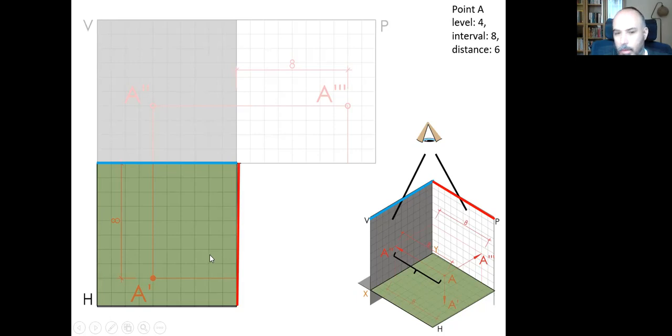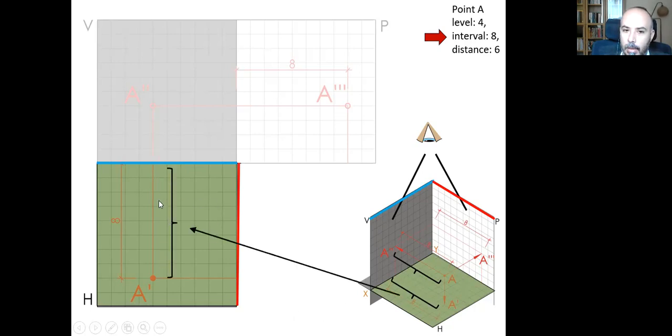And you know that your point A is positioned here, and in order to draw it on the pair of Monge, you need this length here, and we know that it is interval, right? It is interval and it is 8 squares. And as we talked earlier, it is equal. The actual length between point A and the vertical projection plane, which we see as a line, is equal to the length between A prime and the vertical projection plane. So this is what I need to do. I need to count 8 squares,